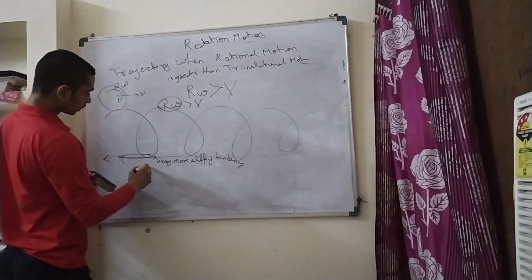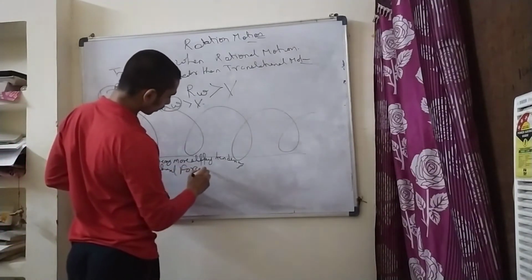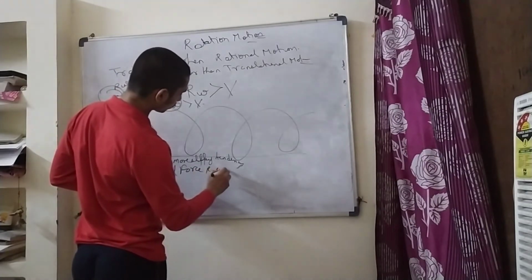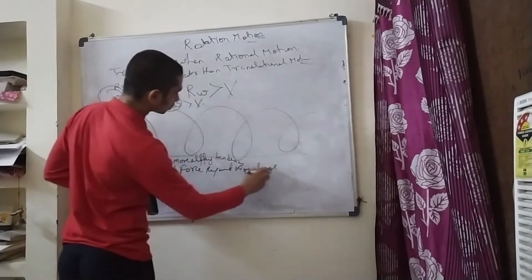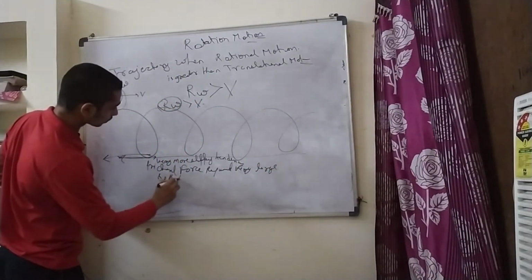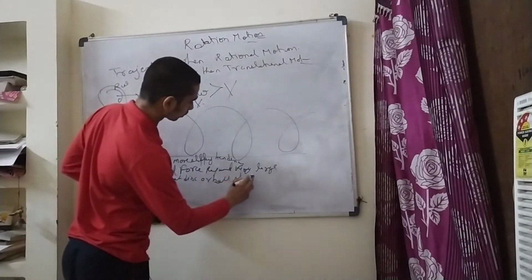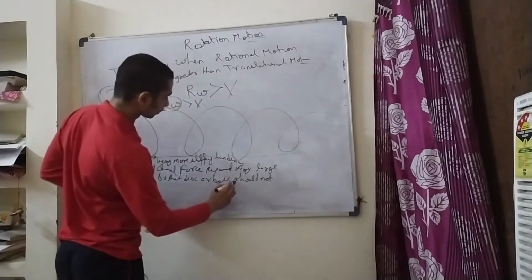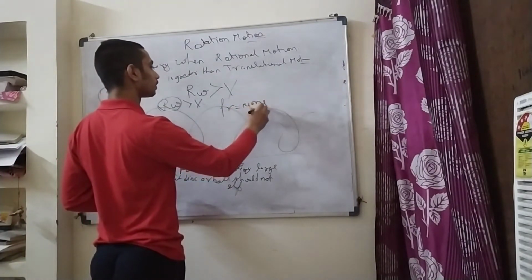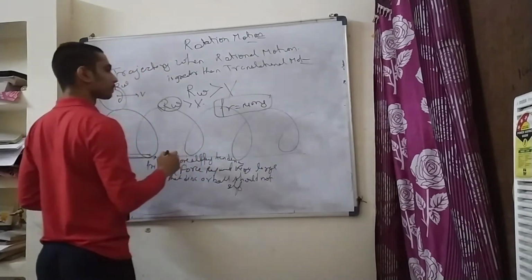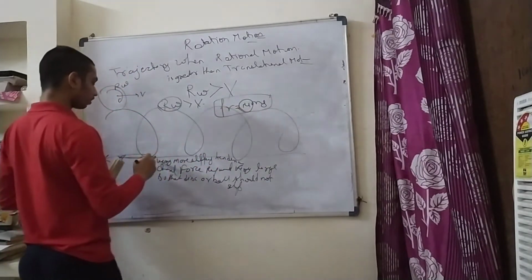So here the friction force requirement is very large, so that the disc or ball should not slip. So what is the friction requirement? Mu mg. Mu is the friction of the ground.